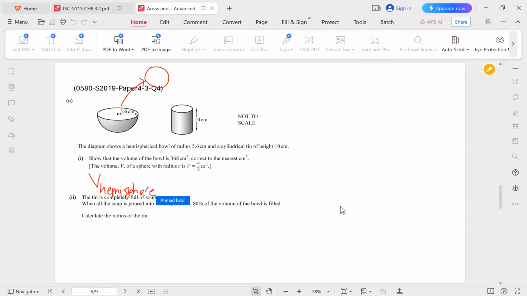So the volume of a hemisphere would be half times the same equation, half multiplied by 4 over 3 pi r cubed. And the radius here is 5.6. So we just simply substitute into the equation. Half multiplied by 4 over 3 pi multiplied by 5.6 cubed. And we use the calculator. So 0.5 times open bracket 4 divided by 3 close bracket multiplied by pi multiplied by 5.6 to the power of 3. And you get